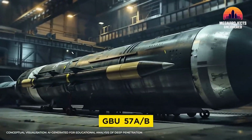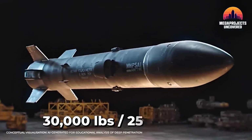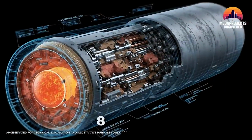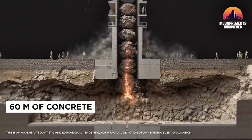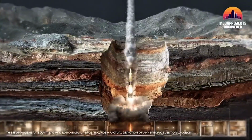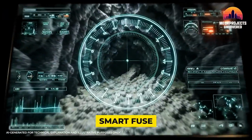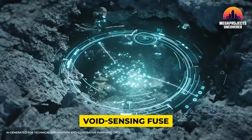The GBU-57 MOP is a 6-meter-long projectile, carrying over 2,300 kilograms of high-powered explosives inside a hardened steel casing. It has been tested to penetrate up to 60 meters of concrete or 40 meters of solid rock before detonating. Guided by GPS and inertial systems, it can strike with extreme precision. Additionally, its smart fuse detects internal voids and delays detonation until it reaches the target chamber, technology specifically designed to